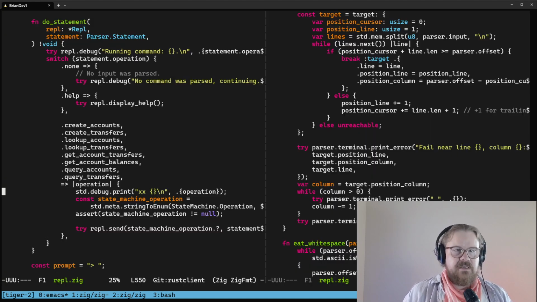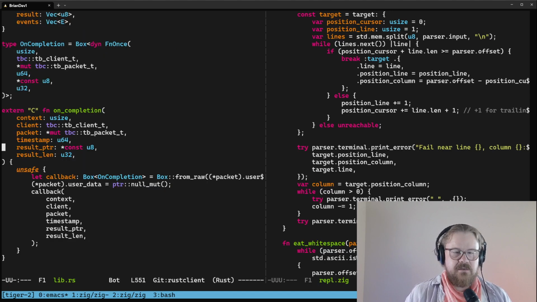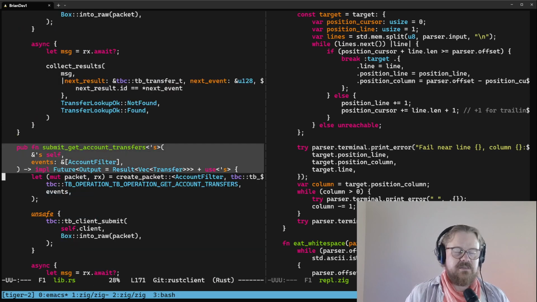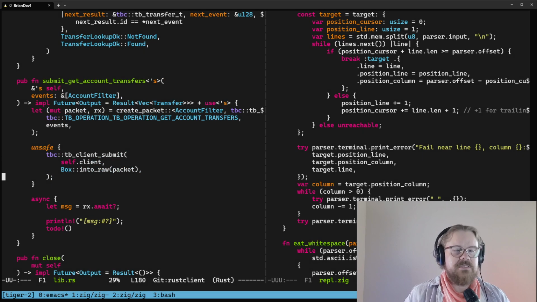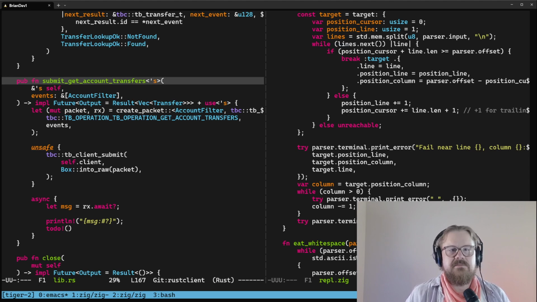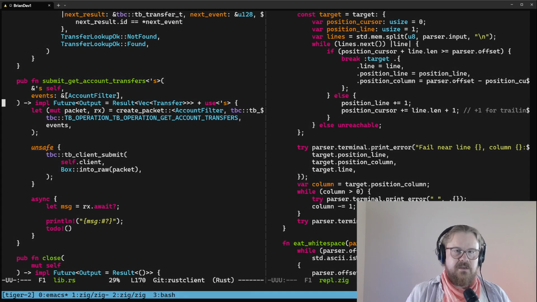We've been implementing this get account transfers method, and I'll unpop the stack here. This method for get account transfers is a new request to Tiger Beetle. And we've already implemented 4 requests, and we've established a pattern for implementing requests that should be repeatable across requests. But get account transfers seems to be a slightly different type of request,